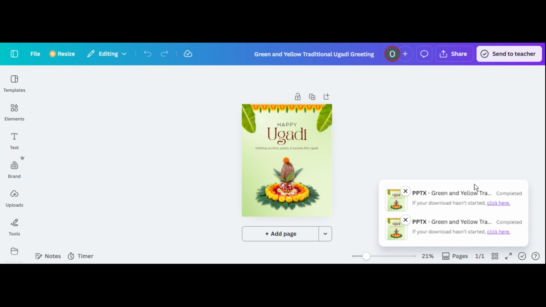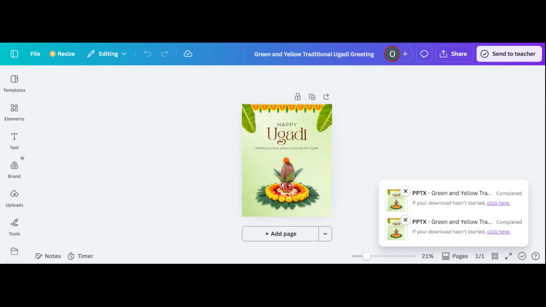Once the file is ready, it will automatically download to your computer, usually into your Downloads folder. Now simply locate the downloaded .pptx file on your computer and double-click it. It will open directly in Microsoft PowerPoint. From there, you can edit text, adjust formatting, run your slideshow, or share the file just like any other PowerPoint